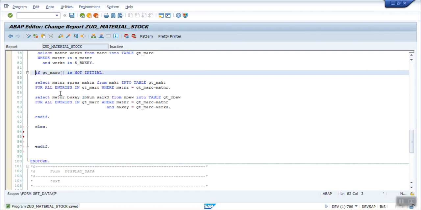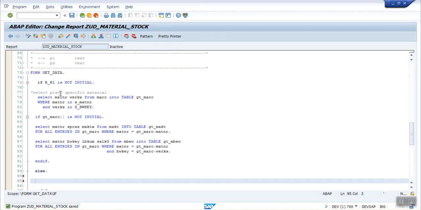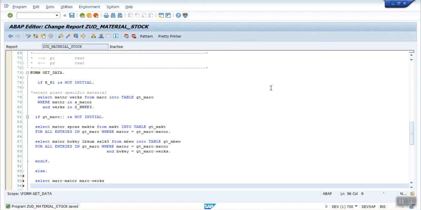So I have 3 tables, MARC, MAKT, and MBEW. So we have to write select MARC. From MARC I want to select MATNR. Again from MARC I want to select here WERKS, that is plant. Then from my second table I want to select MAKT SPRAS.